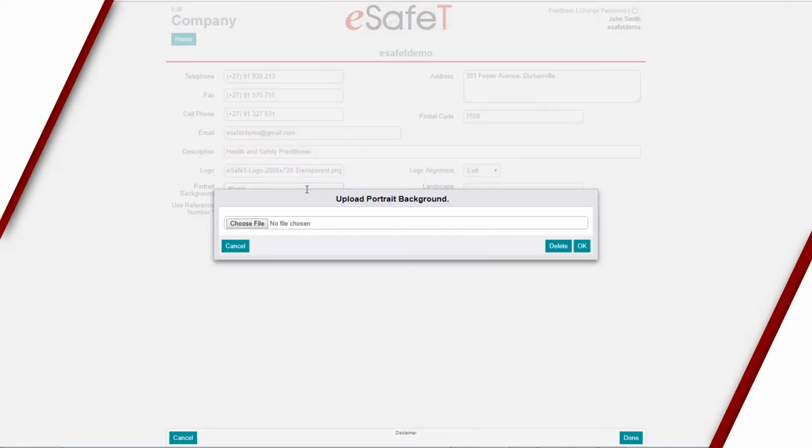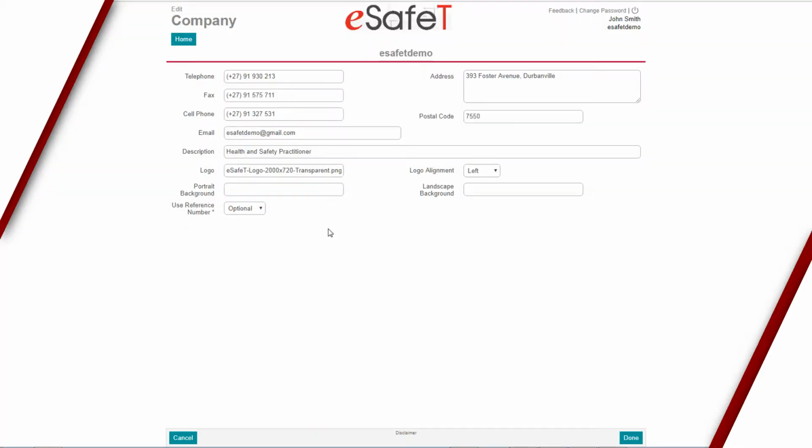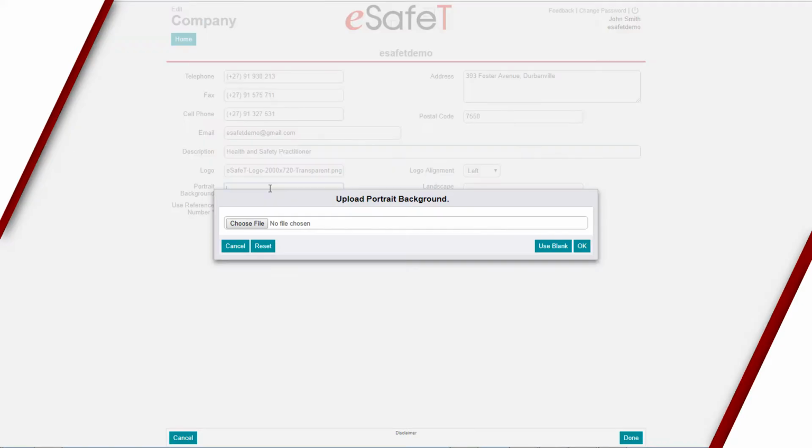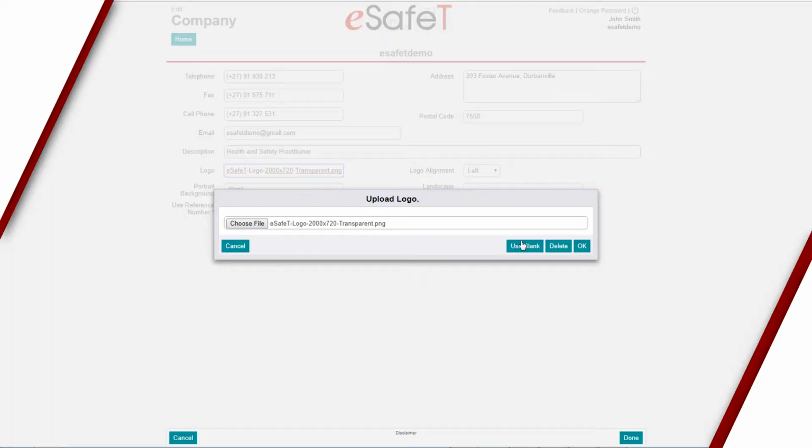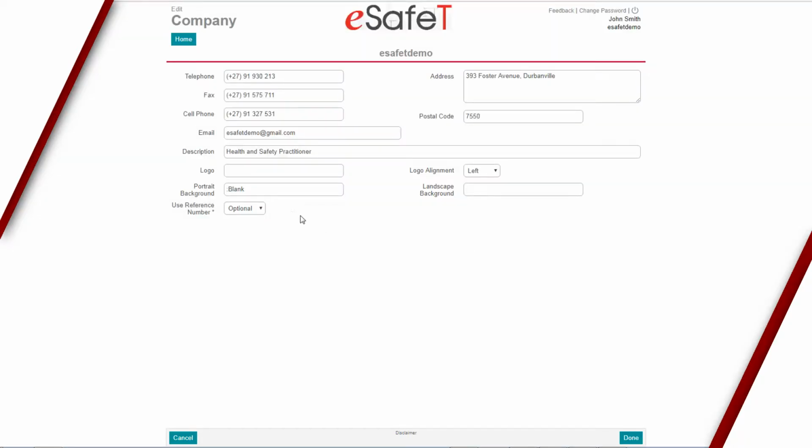To remove a previously uploaded logo, click on the Delete button at the bottom, second from right, and OK to remove. To cancel an upload or disabled inherited logo, click the Reset button at the bottom, second from left. eSafeT will resize the background to fit the full page if the uploaded image is bigger than an A4 page in any dimension. If you want to load full background images, please make sure the logo field is empty by deleting the logo field. Click the Done button at the bottom left if you want to save changes, or the